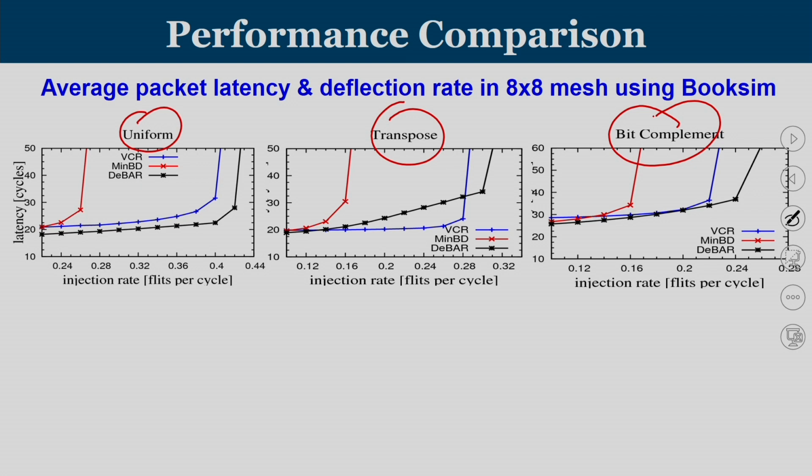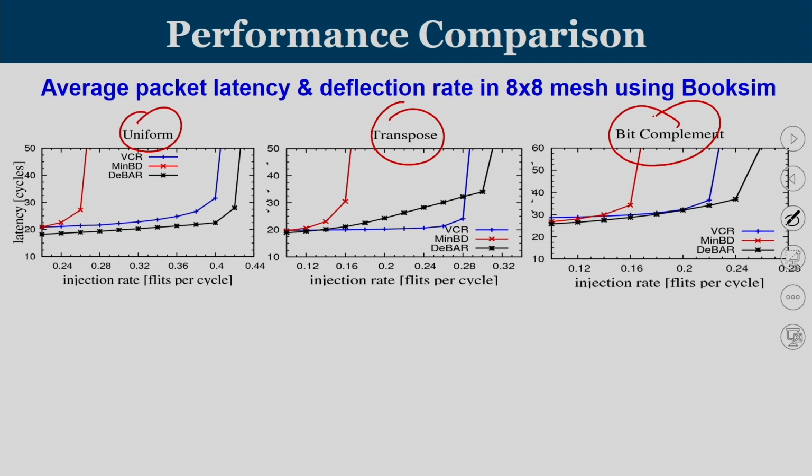What you see on all these graphs is, on the x-axis, it is called packet injection rate. So, if the packet injection rate is equal to 1, that means that every cycle, every router is injecting a new packet. If the packet injection rate is equal to 0.5, then at every cycle only 50% of the routers are going to inject packets, or a router is going to inject a packet once in 2 cycles. So, across various traffic you can see that the packet injection rate is increasing.